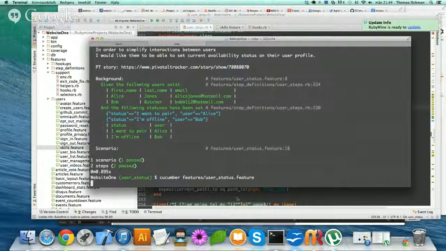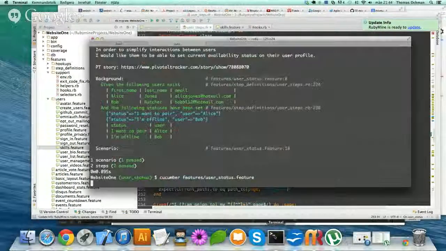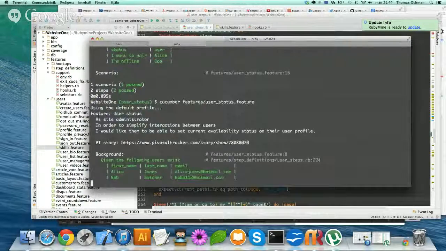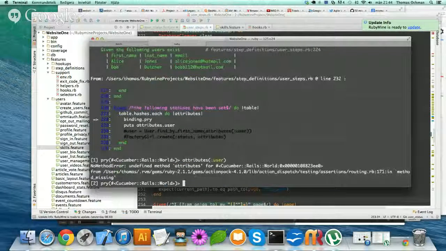All right. So it's dot user. Let's just. So if I go attributes user like this, no method, but if I go like this,